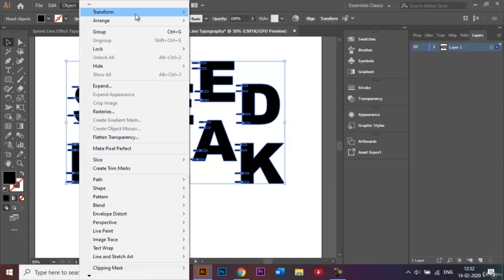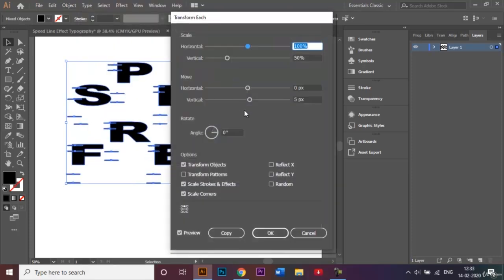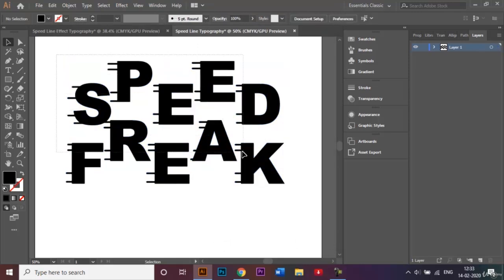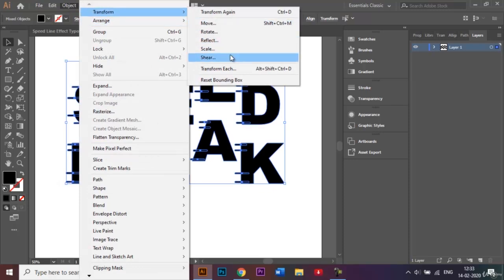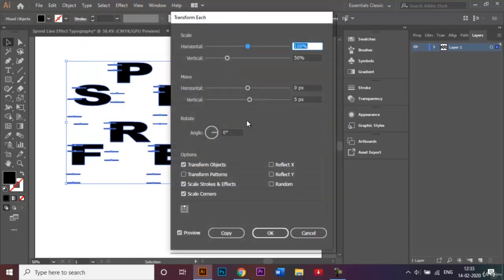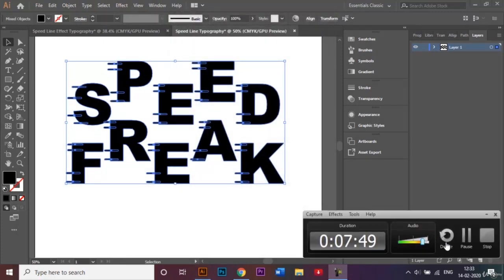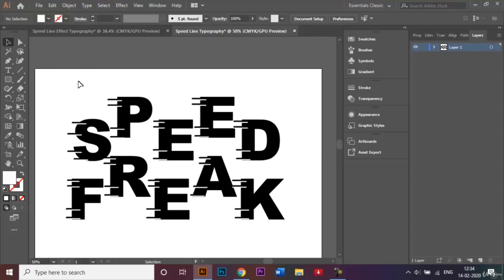Okay, object, transform each. What I've done is that after deselecting all our letters, I just used the transform each option on all these dashes, and changed the color to white. So after that,